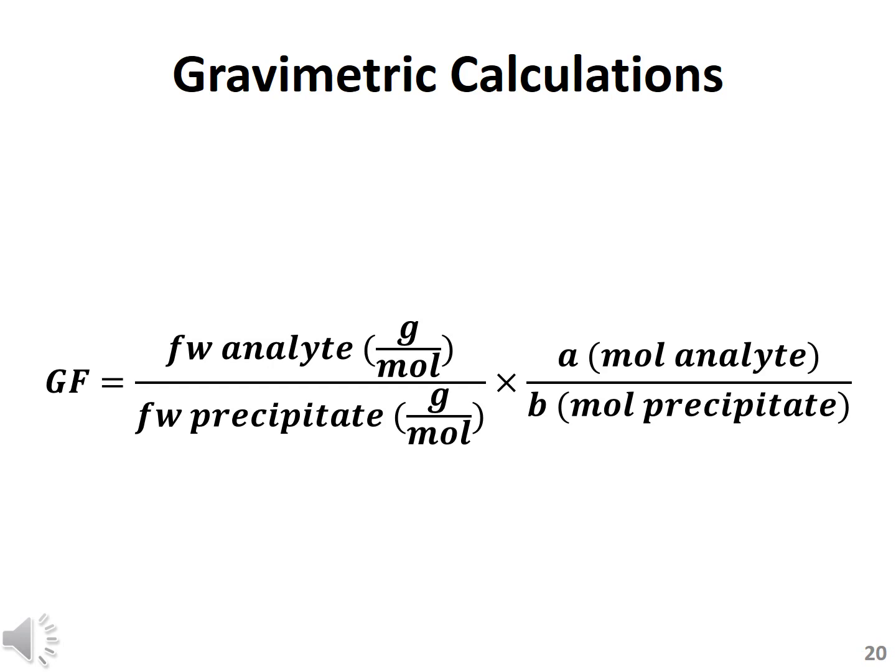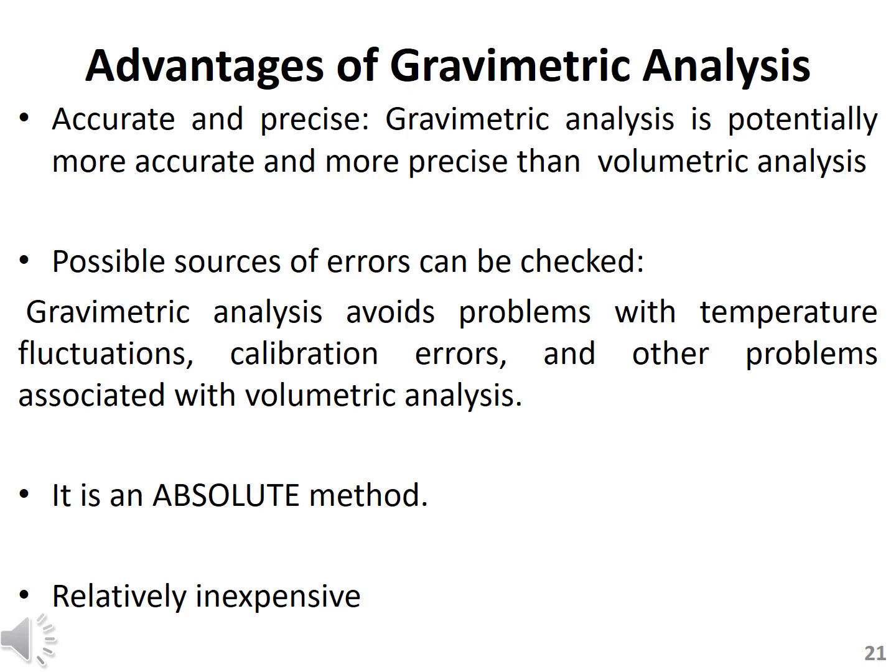ड्राई करने के बाद बहुत प्रिसाइसली आपने प्रेसिपिटेट का वज़न करना है, वे करने के लिए you will use analytical balance, कैलिब्रेटेड होना चाहिए. जो आप वज़न कर लेंगे उस वज़न में आप एक फार्मूला लगाएंगे: फार्मूला वेट ऑफ द एनालाइट जो ग्राम पर मोल में होता है डिवाइडेड बाय फार्मूला वेट ऑफ द प्रेसिपिटेट, मल्टीप्लाई बाय मोल एनालाइट, एनालाइट की कंसंट्रेशन और प्रेसिपिटेट की कंसंट्रेशन. इस जरिए से आप ग्रेविमेट्रिक कैलकुलेशन कर सकते हैं. This slide describes you the advantages of gravimetric analysis.